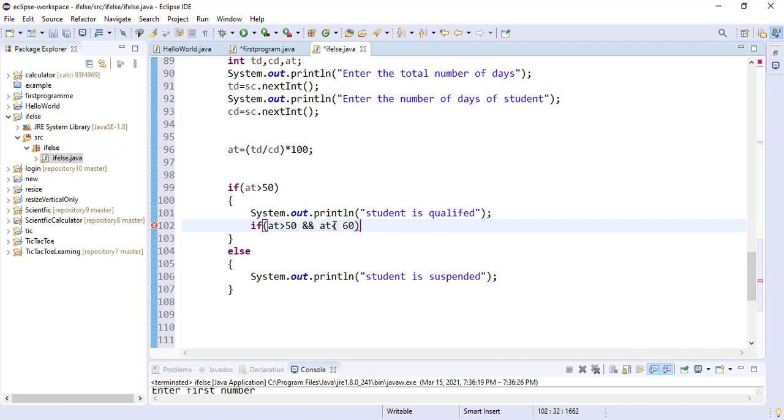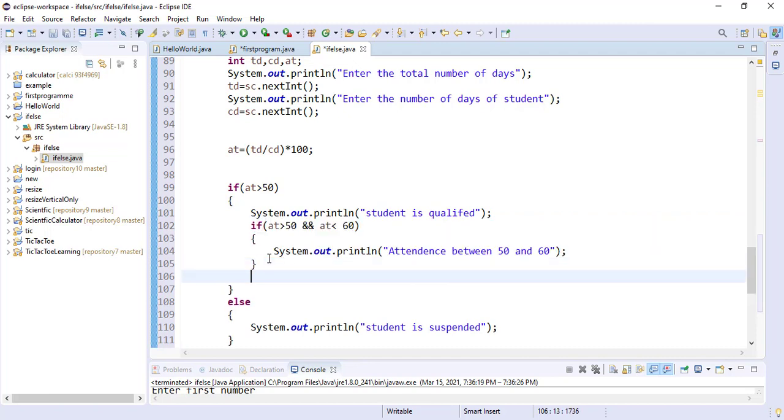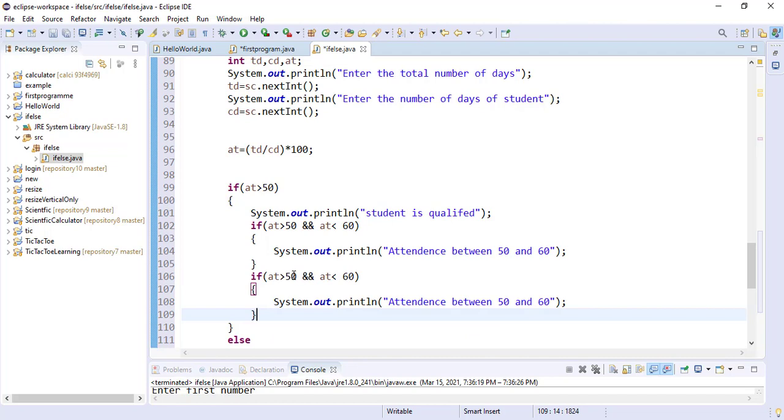I have to change the number here to 50. So if attendance is greater than 50 but less than 60, I can again display a message that the student is qualified, but I can type the message attendance between 50 and 60, then I close this. So this is fine. Now I can copy this code with Control C and paste it again below. So if attendance is greater than 60 and less than 70, I can change the message to attendance of student between 60 and 70.